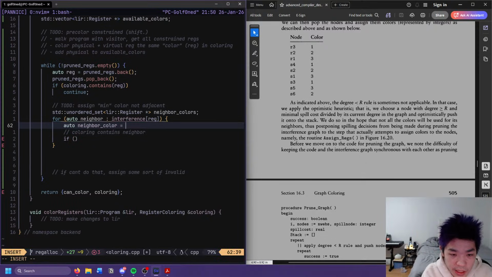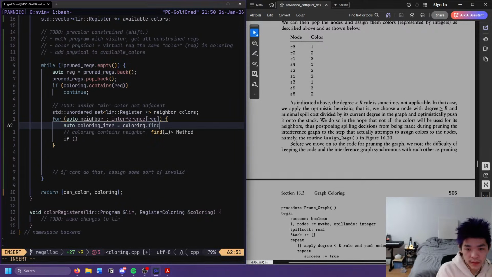Okay, so we have neighbor color, so this should be coloring at... I guess coloring iter, maybe we could do that actually.